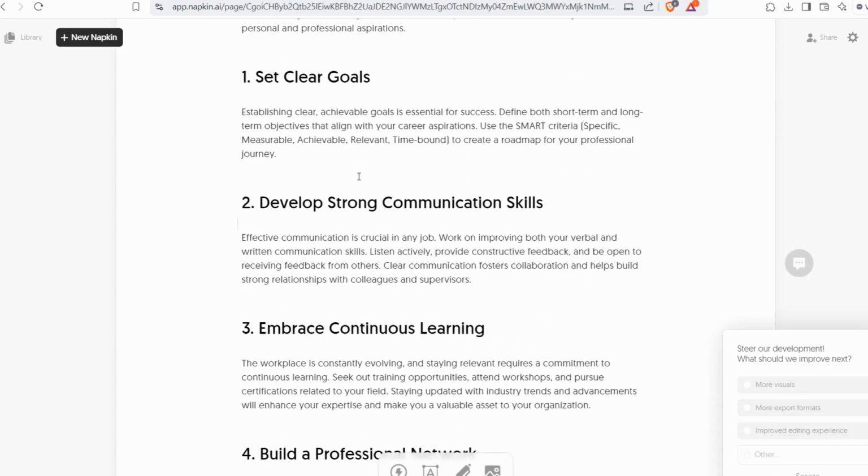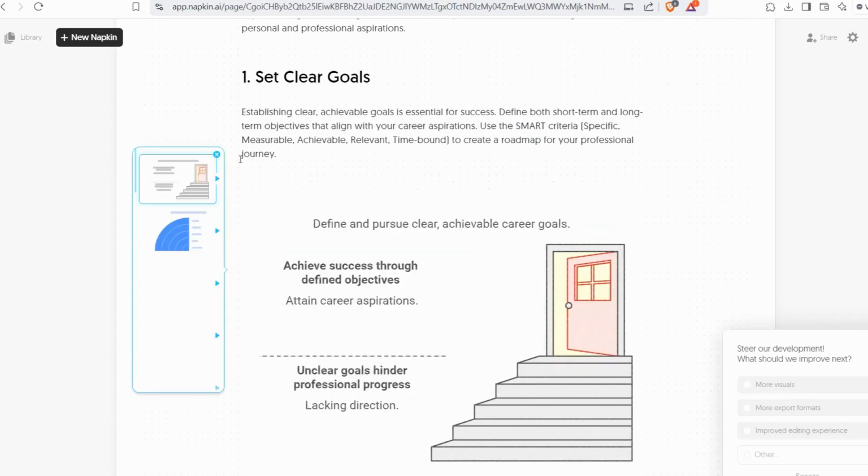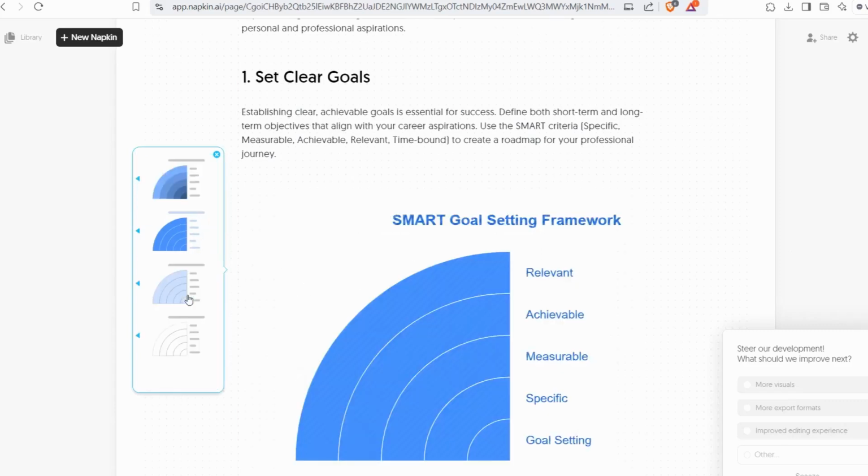And if you notice, for every single point here you can find this electricity icon. If you click over this one, it generates a high quality infographic regarding this paragraph. So this amazing tool scans every single sentence and converts it into a beautiful infographic. So let's try it. Click over this one. And here, for setting clear goals, you'll find a beautiful image or infographic like this one or this one, different styles as you see that represent the same idea